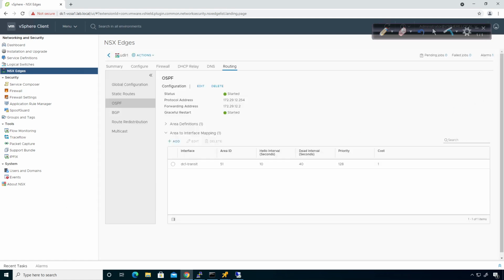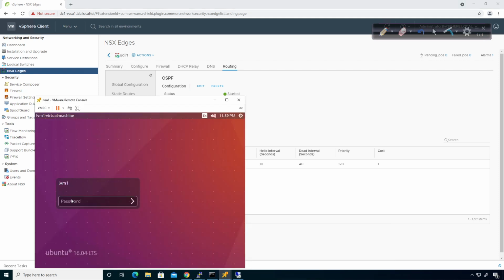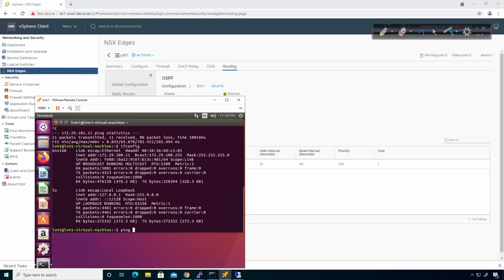So this is where another scenario would have to come into play with some other routing solution, like you'd have to set up BGP and do that type of stuff. I haven't actually tested that out yet. I'm going to test that out before the next video. But as you can see, the operation does still work to a certain extent. So if I was to come over here to LVM1 and log into him, give that a couple seconds to log in, and if I was to try to ping Google,